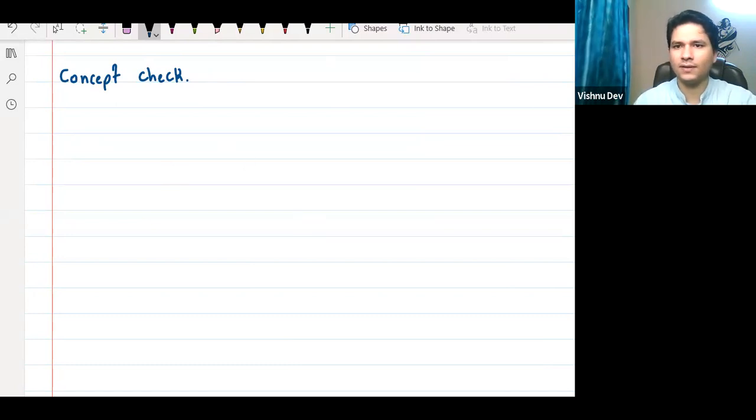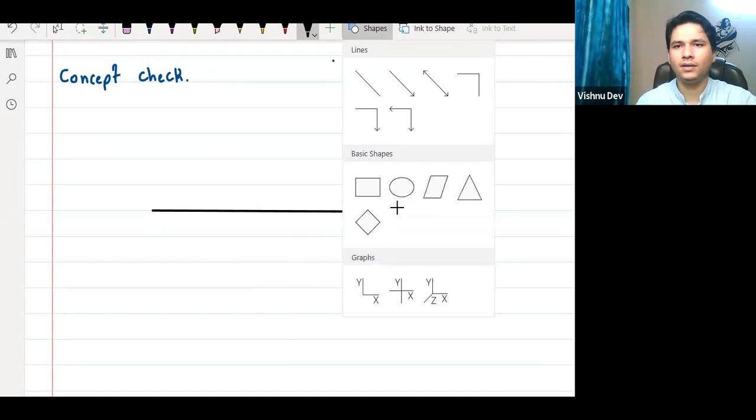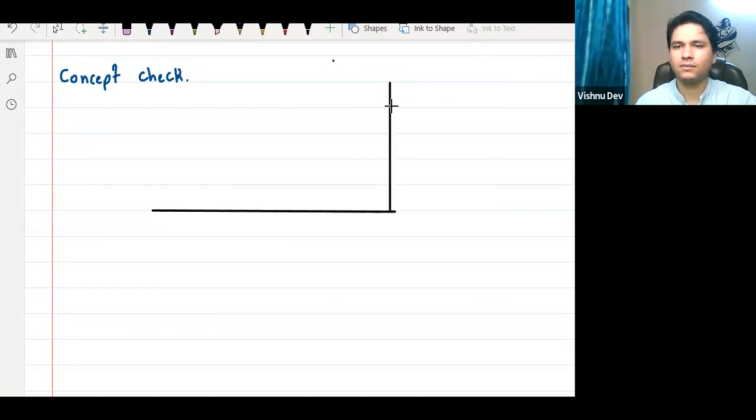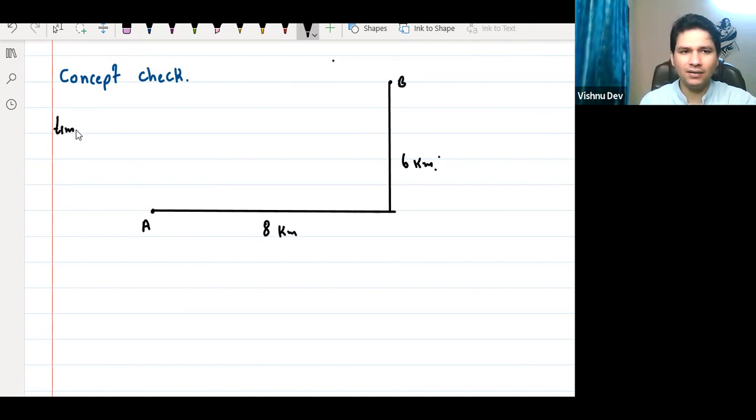Now, the question is this, right? Step by step. The question is this. So suppose you're moving like this, and this. Now, this is your 8 kilometer and this is 6 kilometer. This is point A, initial point. This is point B, final point. So time taken from A to B is equal to 2 hours. Okay. So find